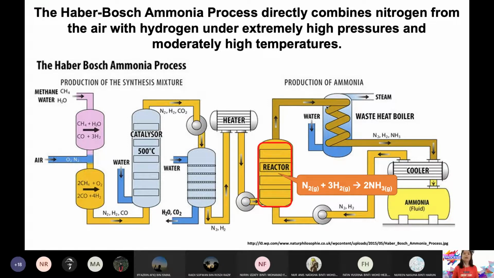Let me give you a quite common industrial process, which is the production of ammonia, NH3. So you know NH3 is usually used as a fertilizer. Okay, so the process of producing ammonia is through what we call the Haber-Bosch process. Okay, so why do you call it Haber-Bosch? Because the two chemists, actually they won a Nobel Prize for this, they discovered a reaction. So the two chemists' names are actually Haber and Bosch. So these two chemists found out that to produce ammonia, NH3, you can actually react nitrogen gas dengan hydrogen gas.